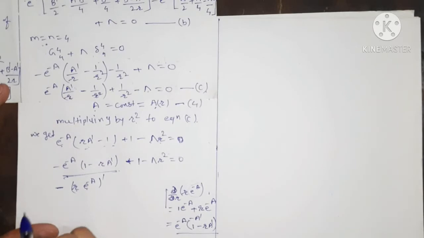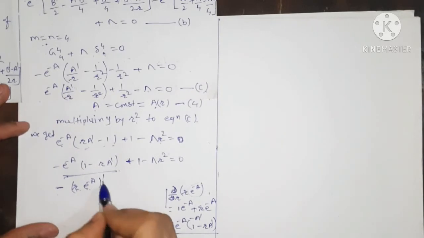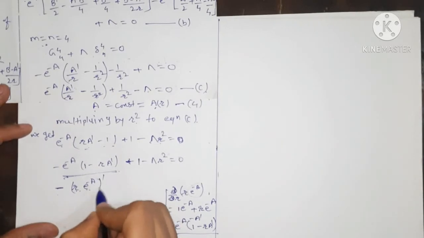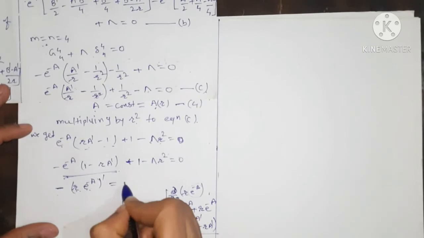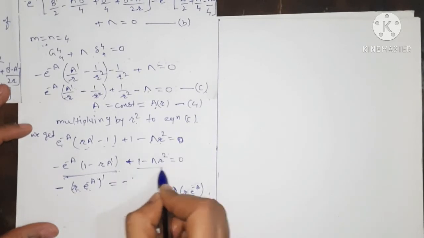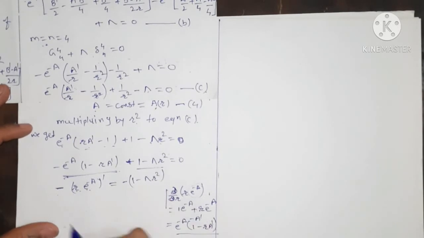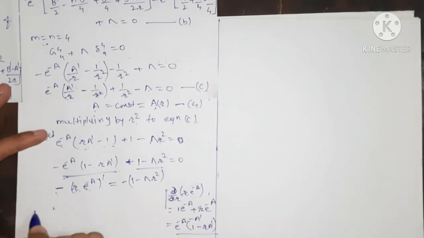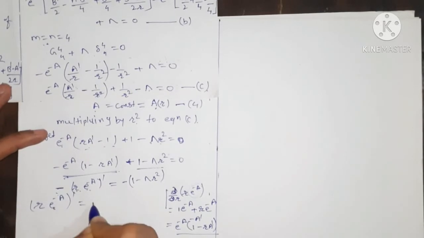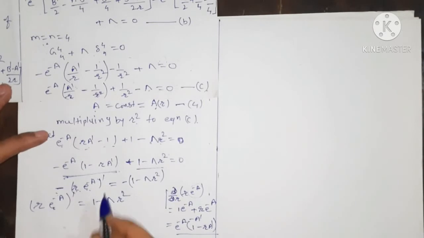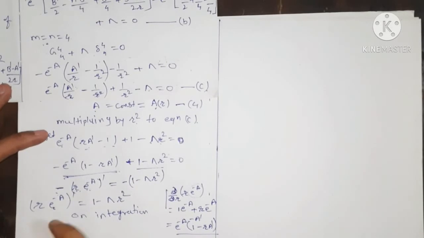minus sign. So minus (r e^(-a))' is equal to minus, we take this term to this side, so minus (1 minus capital lambda r square). Now minus minus get cancelled, so we have (r e^(-a))' is equal to 1 minus capital lambda r square. Now we can integrate here, so on integration this derivative gets cancelled,